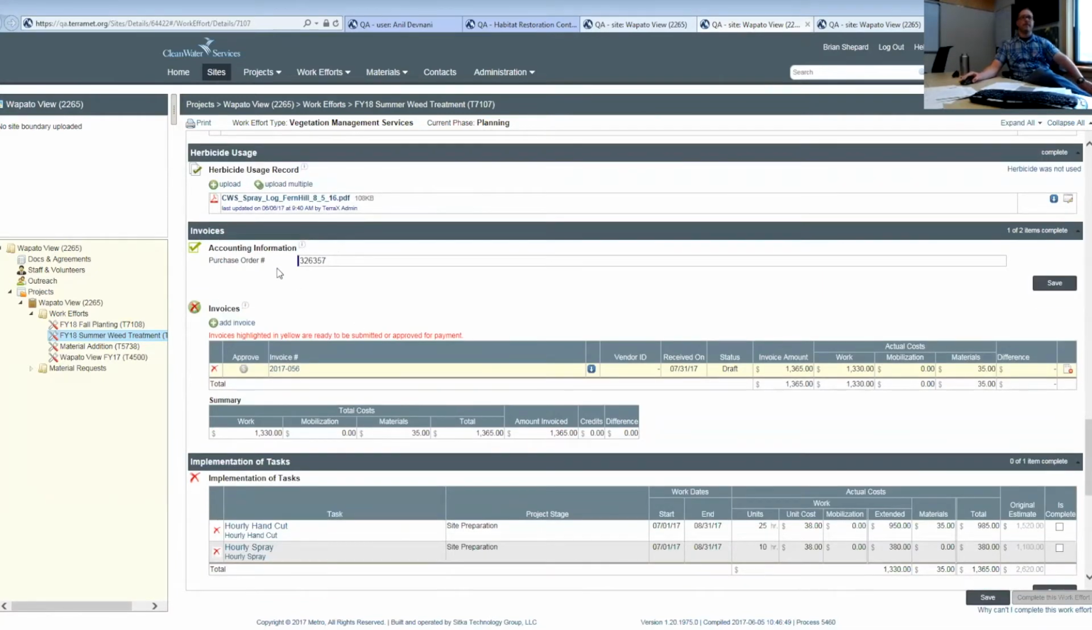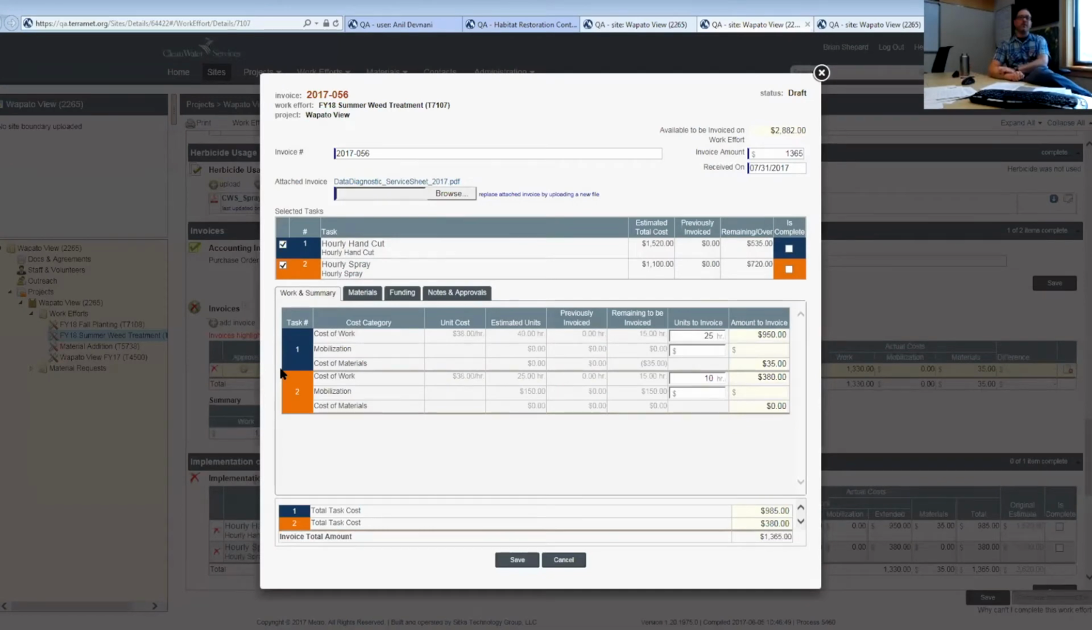The admin assistant, once the contract's created, works with finance to get a purchase order number for this contract. She puts that in here, and then as the project manager receives invoices from the contractor, a couple of things happen. The spray log will get uploaded, and then for each invoice, we'll enter some data. We're able to partially invoice tasks, which happens occasionally. The contractor may only be able to do a portion of the work that's specified, or even a portion of